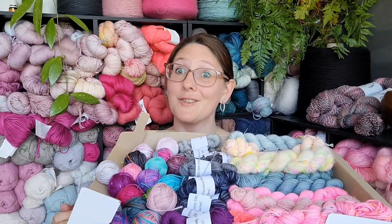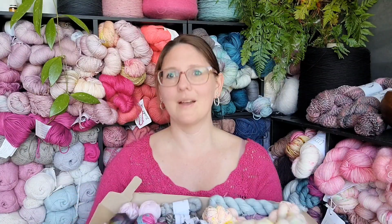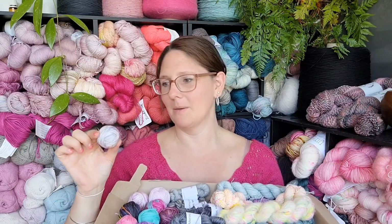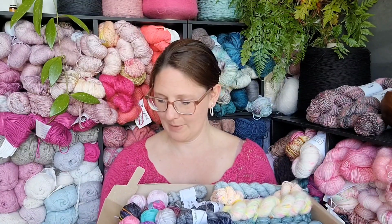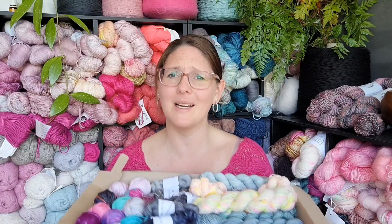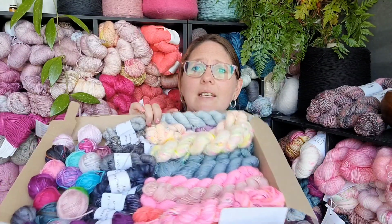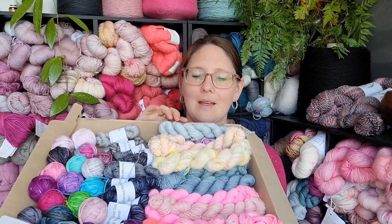Yeah, and so it'll be interesting to see what comes next, because we're only about halfway through. These little ones, I admit, we have opened more than half of them. My daughter and I have got a bit excited, and sometimes both opened one, but again, we can do what we like. And then these 20 gram skeins over here,